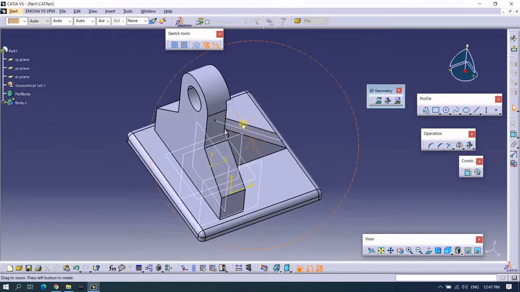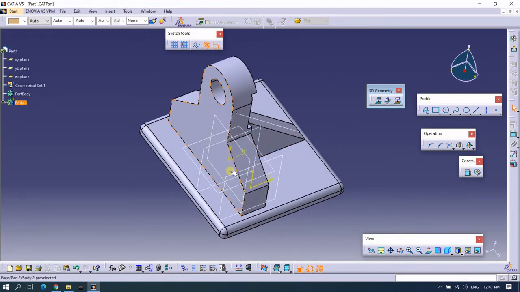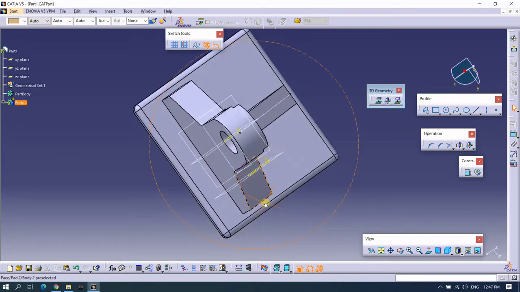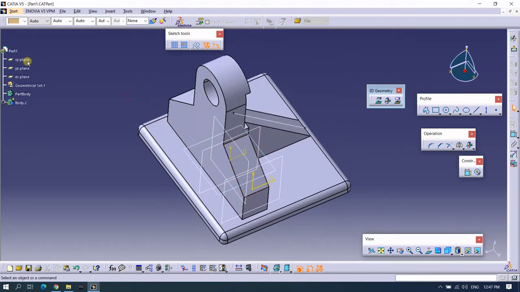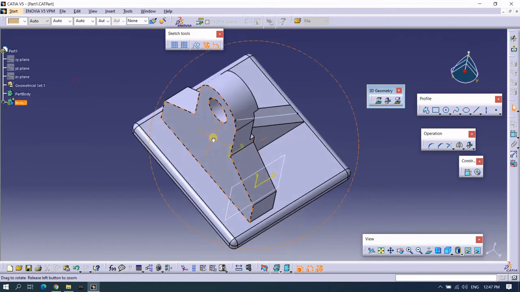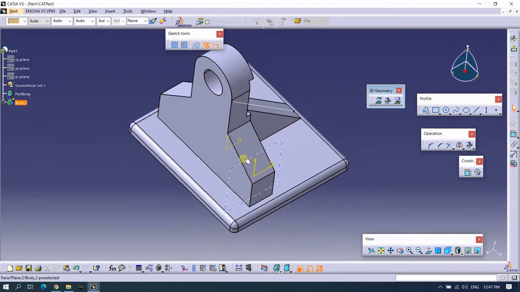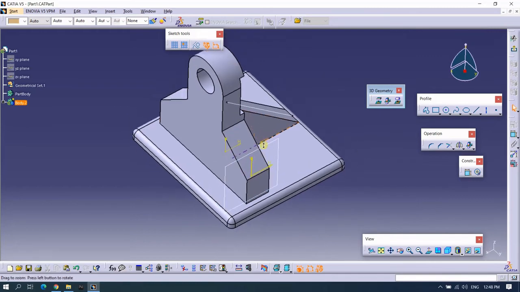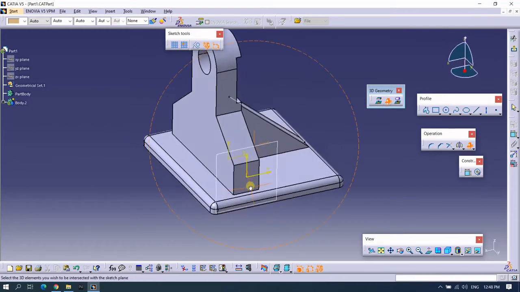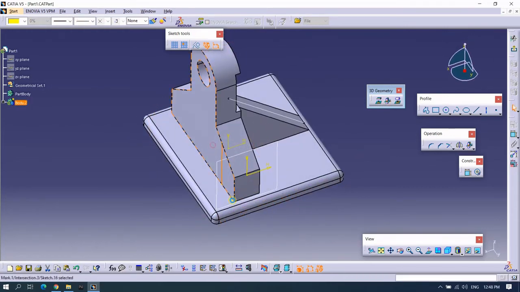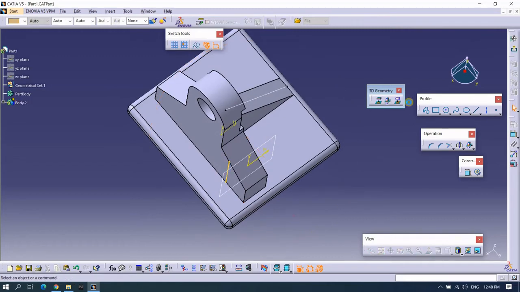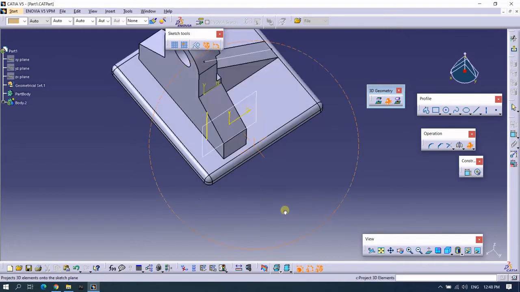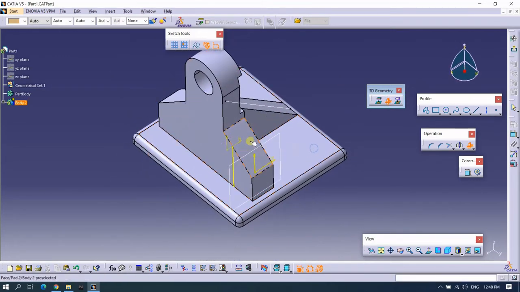To understand more clearly, I have created one offset plane here. You can see here I will hide all the other planes. So you can see here we have one plane here. Now I will select the second tool, that is intersect 3D elements. I will select this face. You can see it is giving the result line.